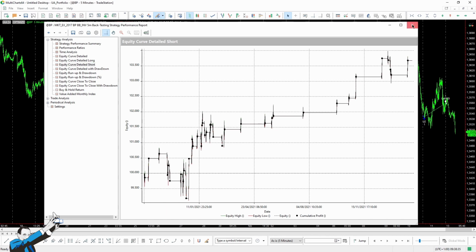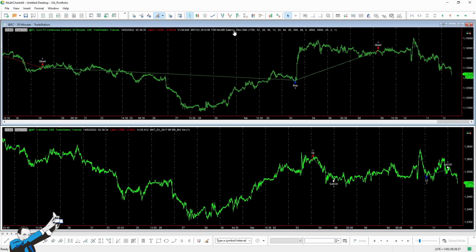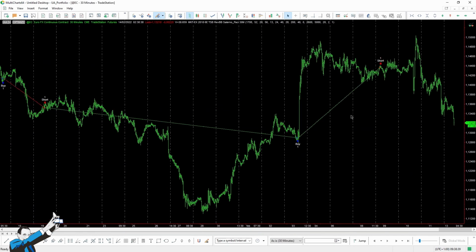Now let's take a look at the other strategy, the one that we built for the euro dollar future. As we've already mentioned, this system is quite similar to the other one. In this case too, we wait for a retracement to open our positions. For example, in this case, or in this other case for the short side. So we wait for a retracement towards the high to go short, and a retracement towards the low to go long. So this is also a reversal strategy, but different from the previous one.